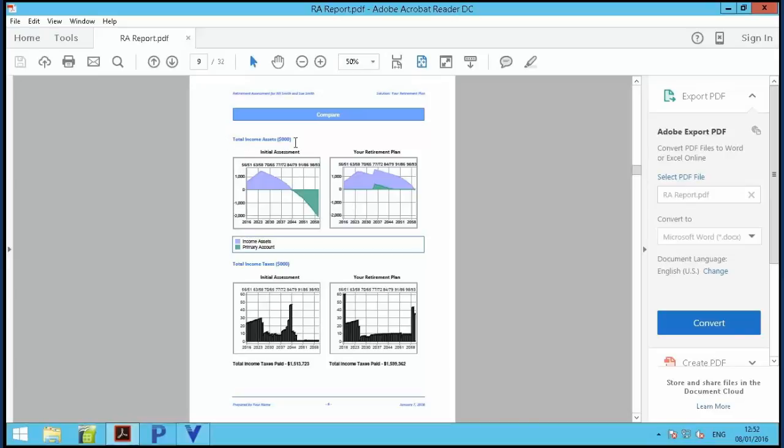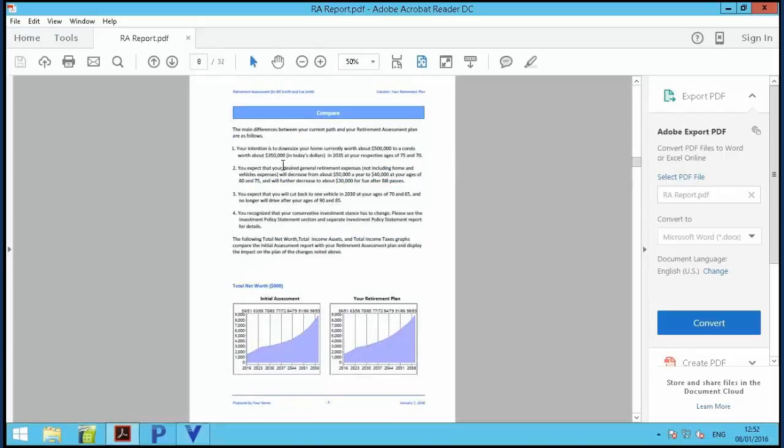If I go down to the next page, though, this presents a forecast of their income assets. So again, open money, TFSAs, RSPs. And you can see initially there was that big shortfall, but after some changes, they're now on side. And quite literally, what I've done is I've just gone in and itemized the major changes. They're going to downsize their house at